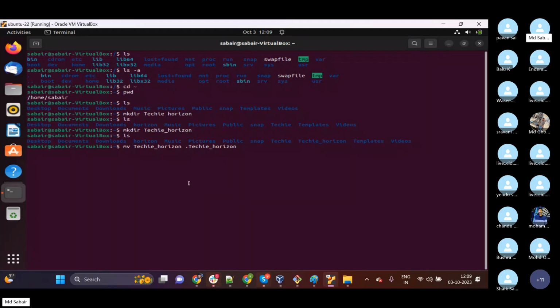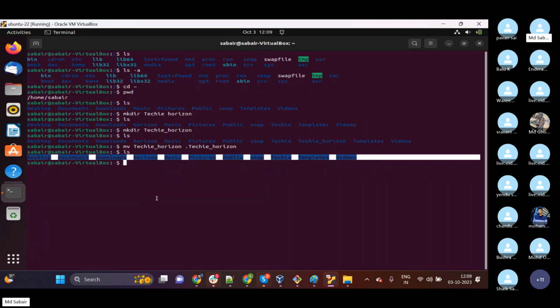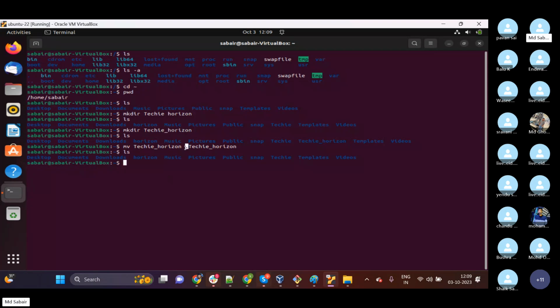Okay, so what I am trying to do now is hide this file. How? By renaming the file, because this is already created, right? So I will use the move command. This will help us to rename the file. Okay, so which file do you want to rename? techie_horizon, and from techie_horizon to what should be the name? .techie_horizon. And if I hit enter, what happened now? If I do ls, can we see this file techie_horizon? No. Why? Because the moment I have added the dot, this is considered a hidden file. That's the reason here we can see something called dot.